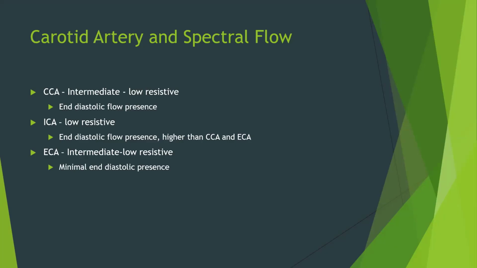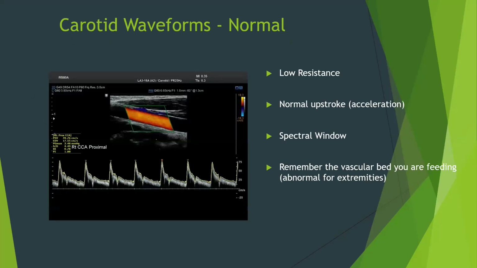The CCA is still feeding, right? It's feeding not only where the ECA is, but it's feeding the ICA as well. So it's going to have a little higher resistance, or a little lower resistance than the ECA, but the ECA is still going to have some end diastolic presence to it. So again, here's our normal kind of carotid,